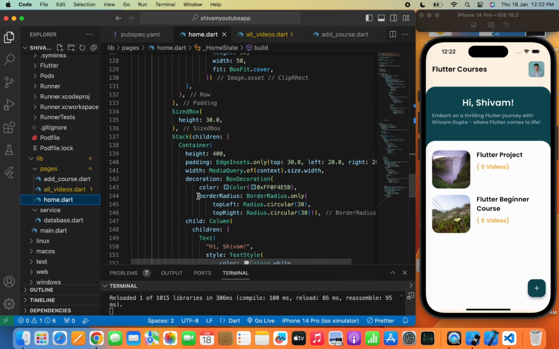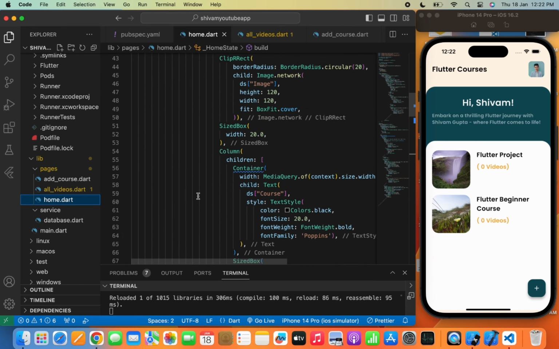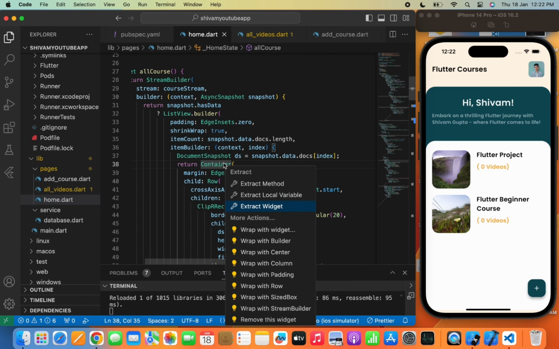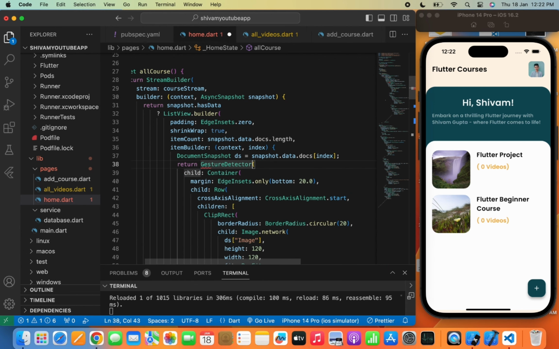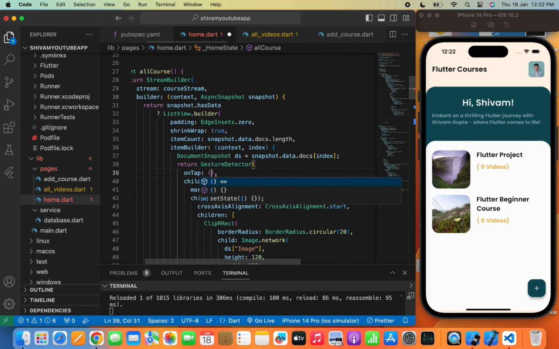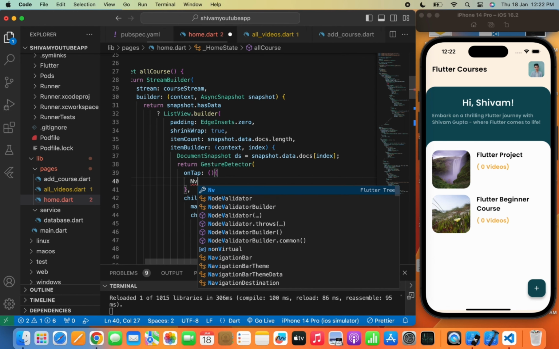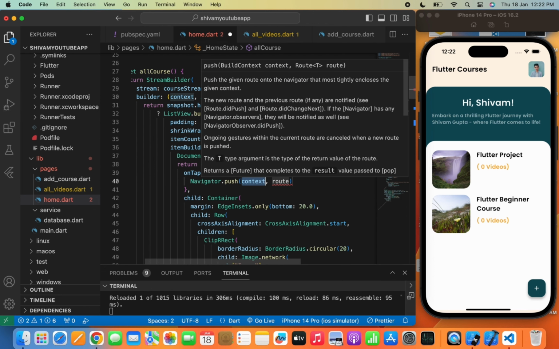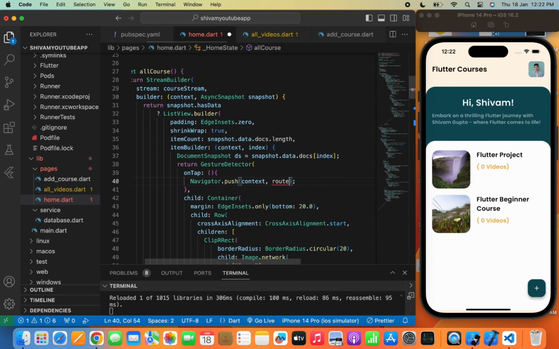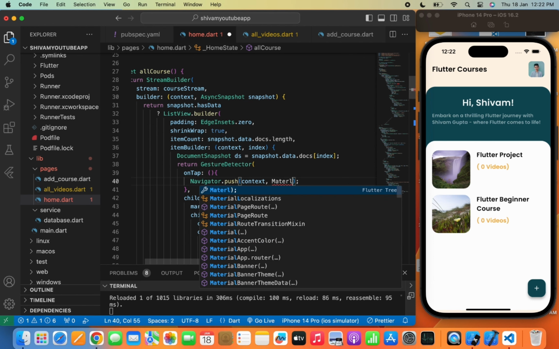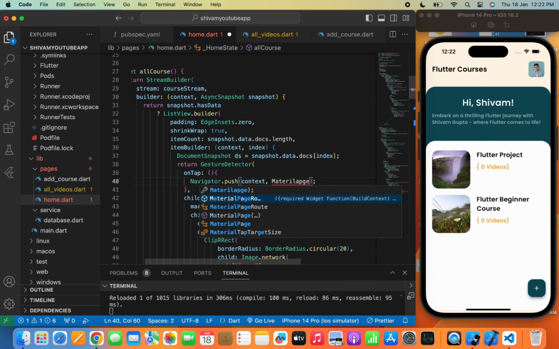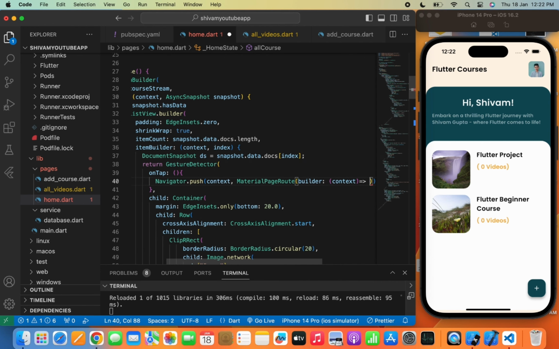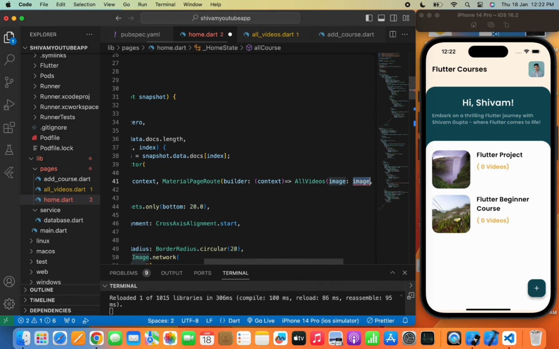So here it is done. Now let's move to the home.dart file, and we'll wrap up a container widget with a gesture detector where we have shown a course name and the image, and will push the user directly to the all_videos.dart file from where they can see all the videos. So we will use a Navigator.push function here, and will write context, MaterialPageRoute, and